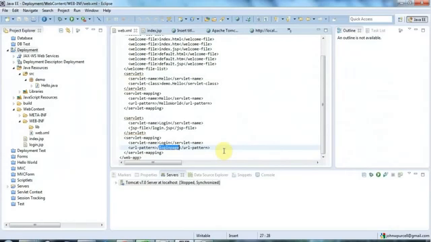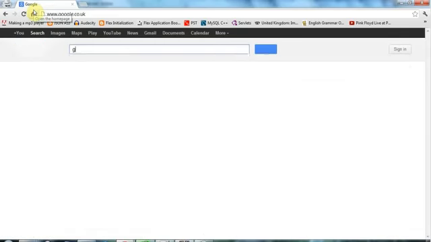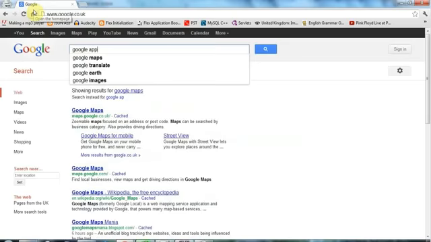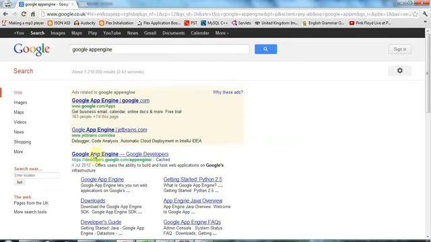Topic of deploying your Java web application to the internet using a free account. Now the details of this are going to vary depending upon which account provider, whether it's free or paid, you decide to go with. And for example, if you go to Google, let's say, and you search for Google App Engine, you can find here